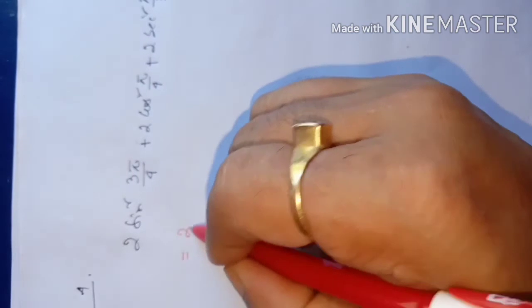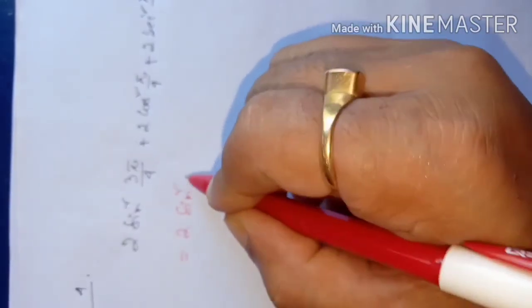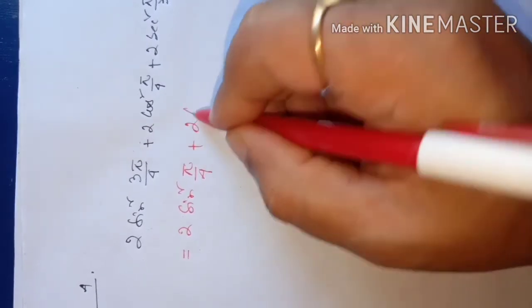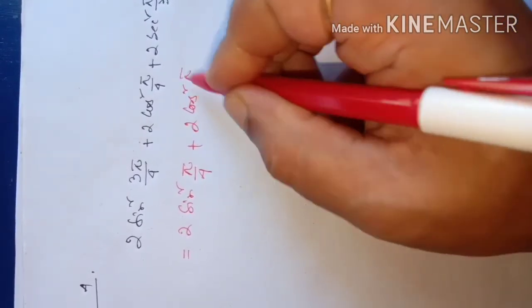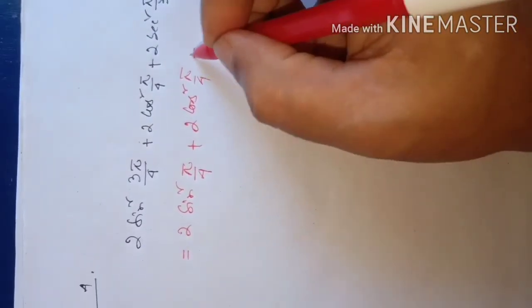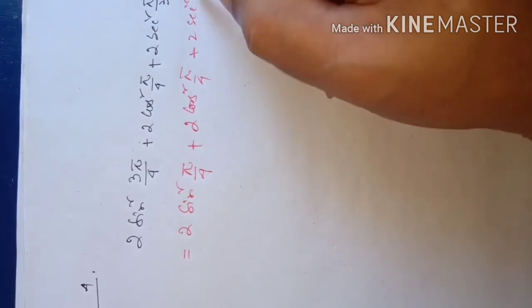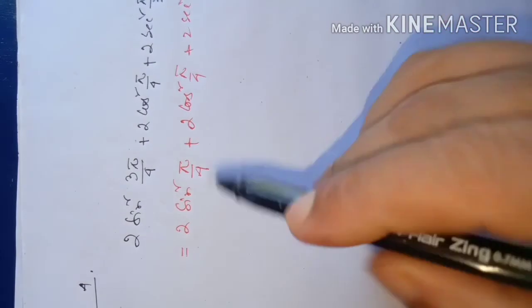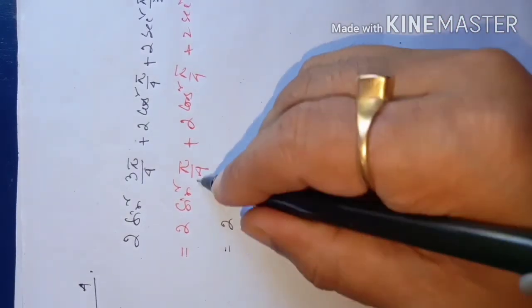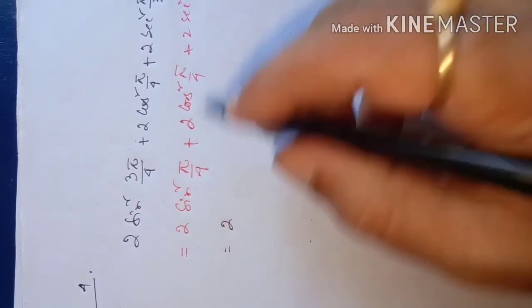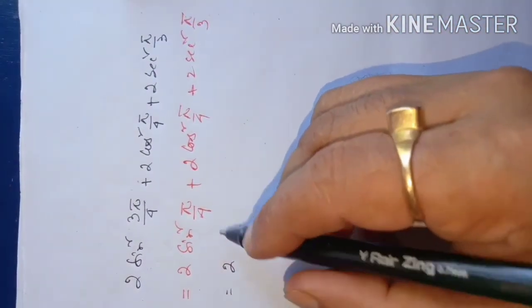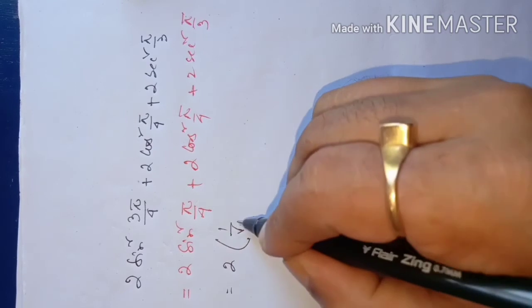So we can write 2 sin square pi by 4, plus 2 cos square pi by 4, plus 2 sec square pi by 3. Okay, so now let us put the values. 2 sin square pi by 4, pi by 4 means 45 degree, so sin pi by 4 is 1 by root 2, so it will be 1 by root 2 whole square